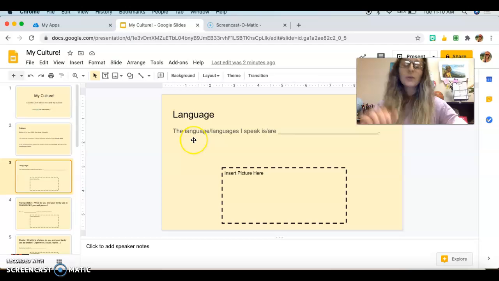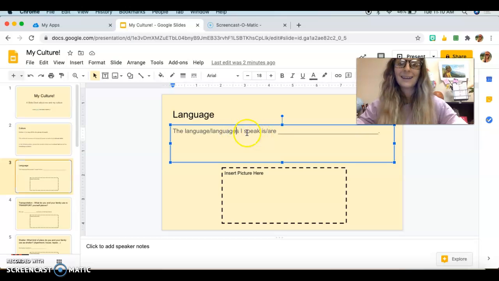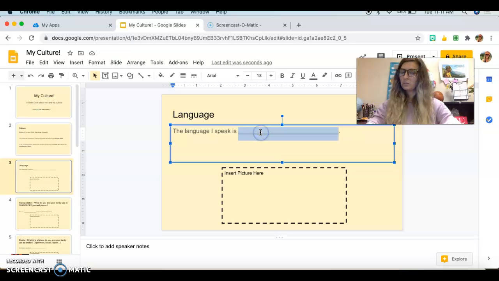There we go. So for example, I only speak one language. I speak English. So I would answer this. The language I speak is, just delete that. Double click to highlight that whole thing. Again, just click the line twice, highlights the whole thing, and then you can type